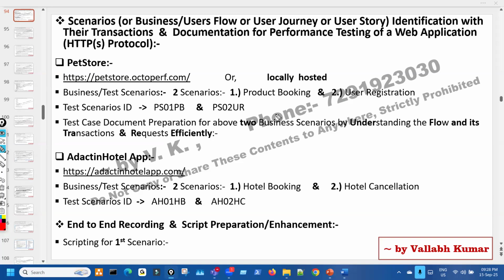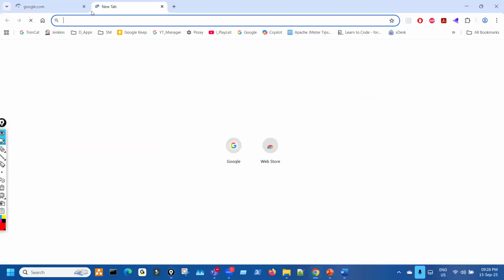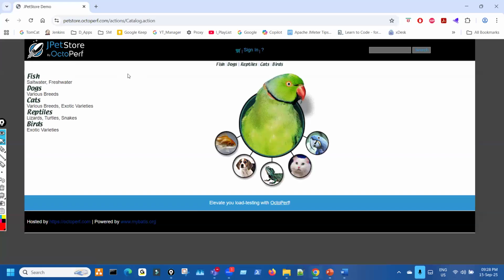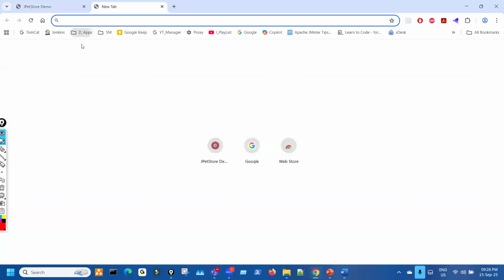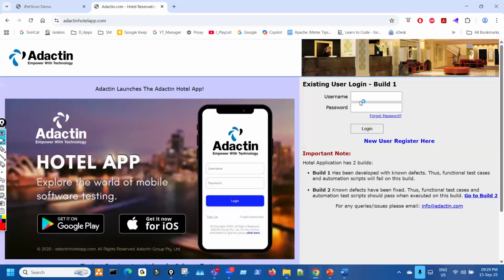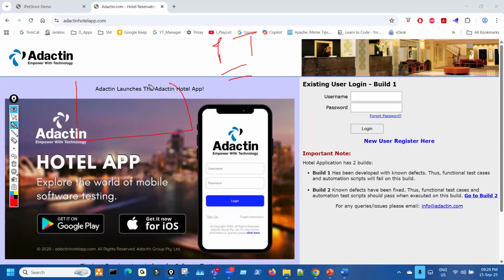Let us say pet store, or any other application, suppose a hotel booking site. There are a few more as well. So now this is the application, and if anyone of us is working as a performance testing engineer in any company, and this is a project to work on,